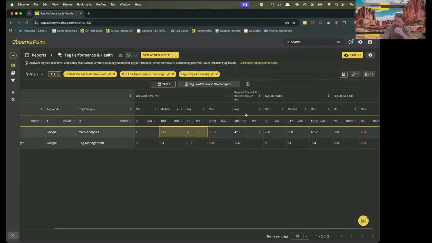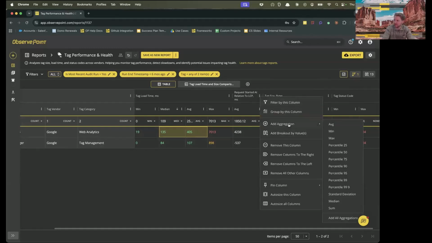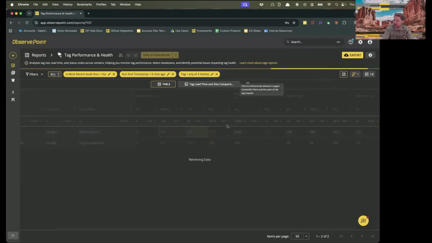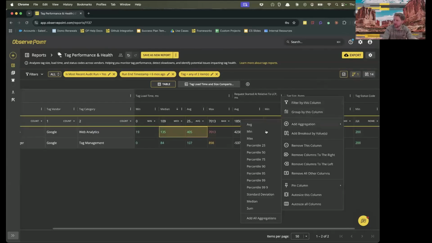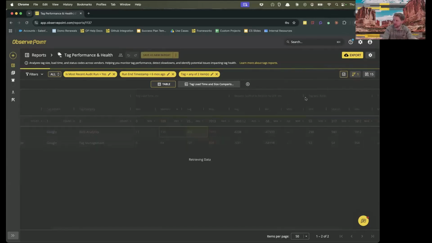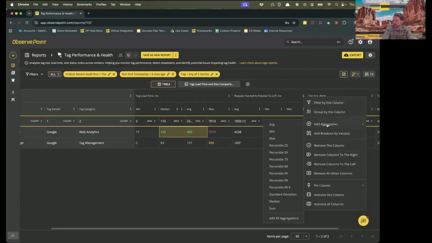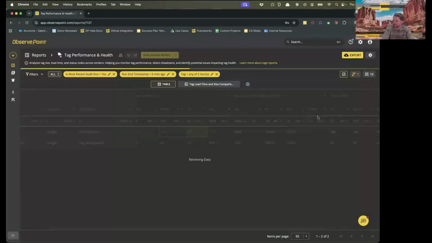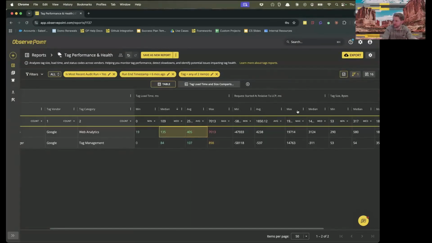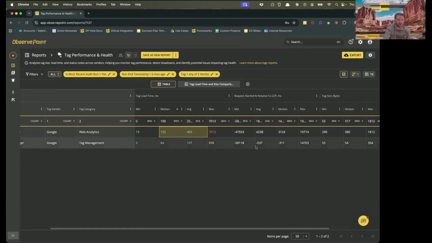And when I add that, it gives me this average column, but I'm actually going to add the same aggregations that we have on the tag loading time as well. So I'm going to add the min, the max, and the median. I'm going to reorganize these a little bit. Cool. Okay. So again, this is when did that request start relative to the LCP. So the lower the number